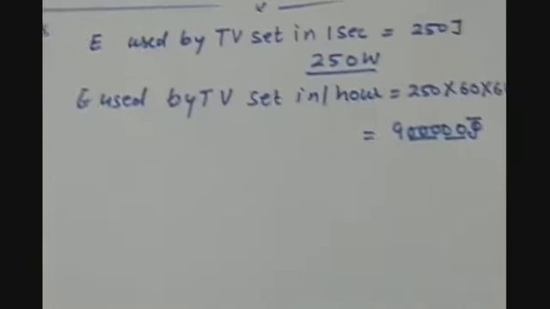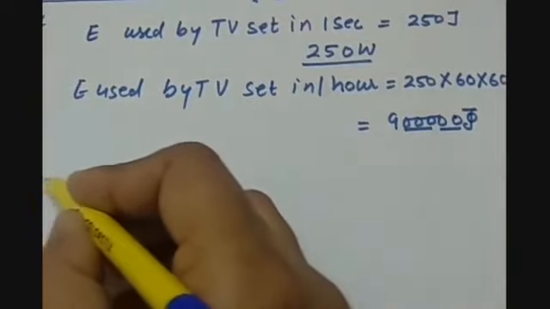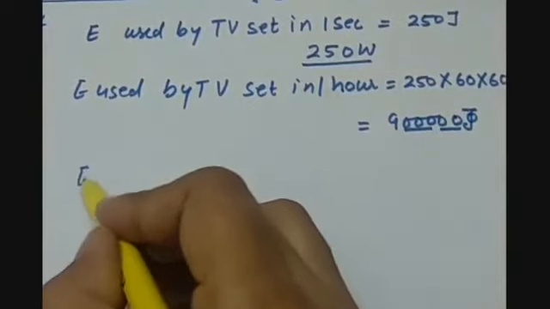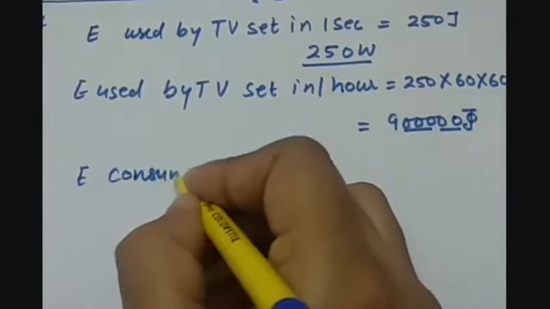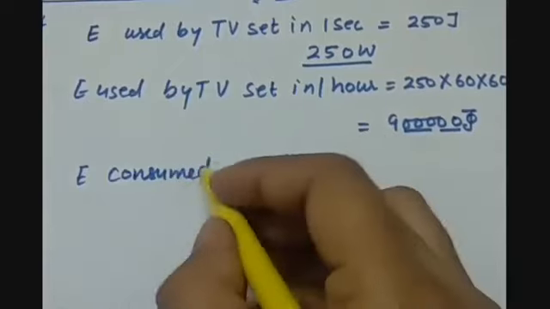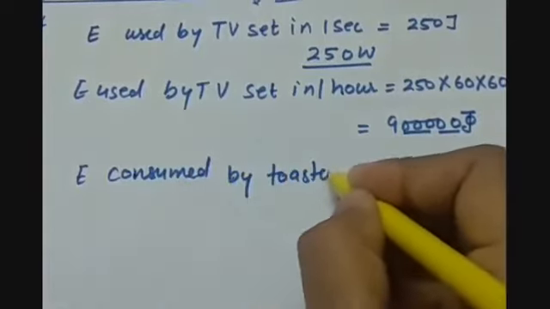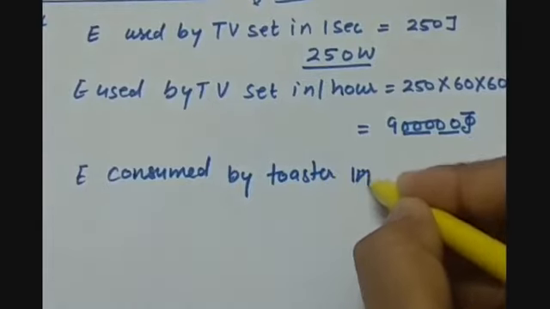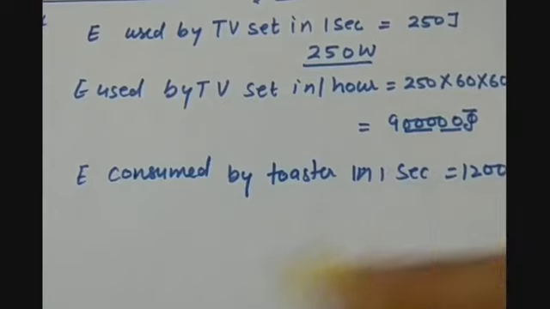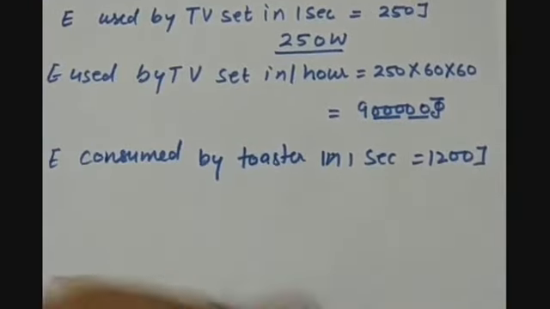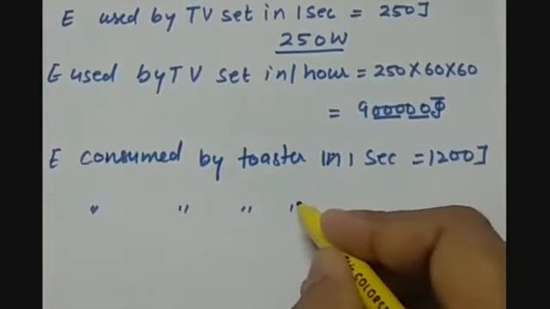Then calculate the energy consumed or used, you can say, by toaster in 1 second is 1200 joules. So energy consumed by toaster in 1 hour will be